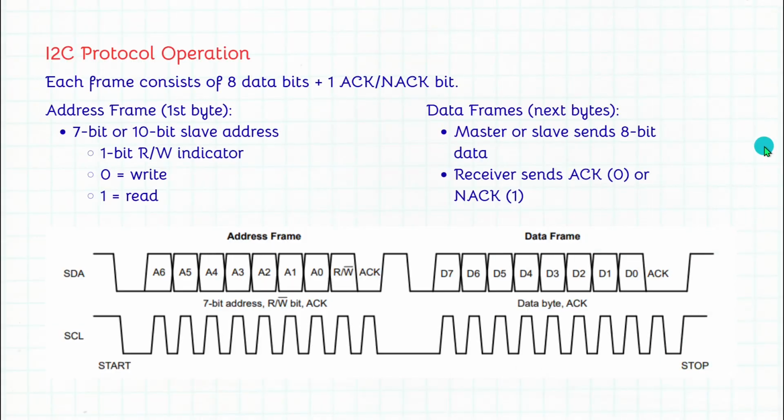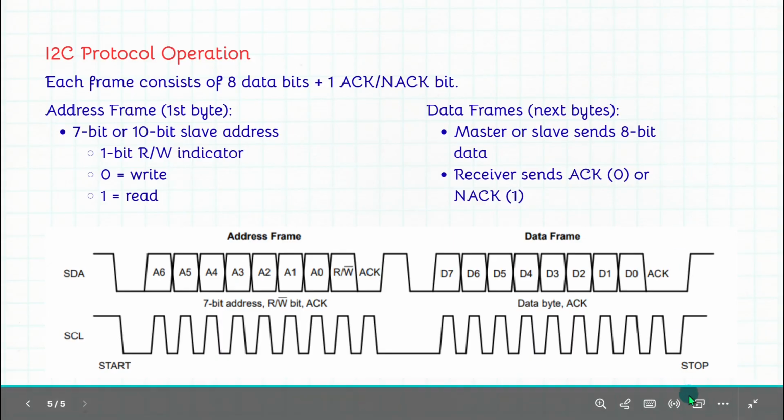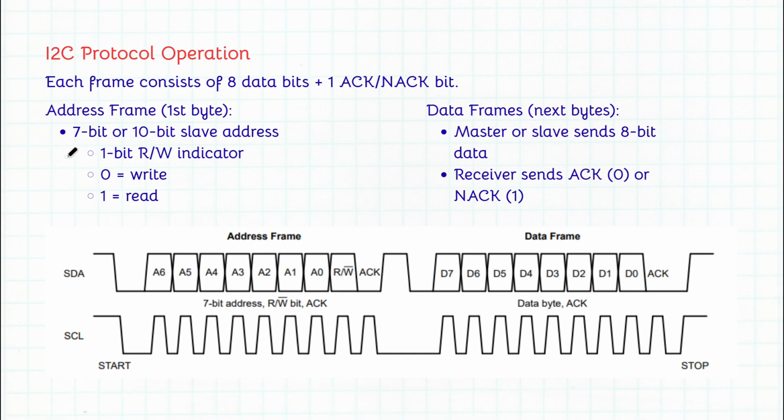Now this is the main thing. We will design our protocol with these things only, and these are the only things needed for designing an I2C protocol. First, how much data can it send and how much data can it receive, and how it does acknowledgement. All of this is covered in this slide. The address frame has 7 bits or 10 bits, depending on the address. Consider 8 bits: 7 bits for the address and 1 bit for whether it is writing or reading the data. So it is a total of 8 bits,